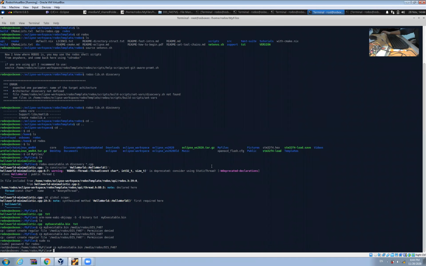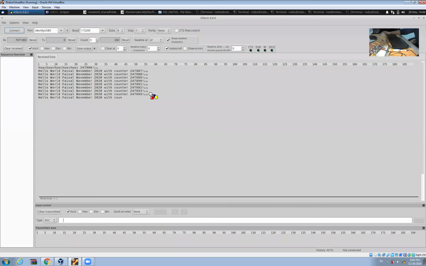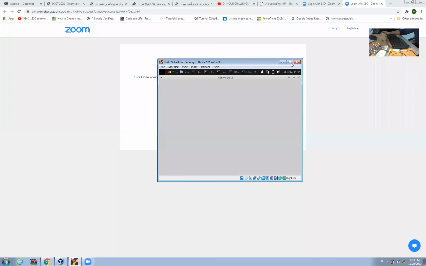This is the place where we have run this command. Now let me run this command. As soon as I run this command, I want to see this board also right there.